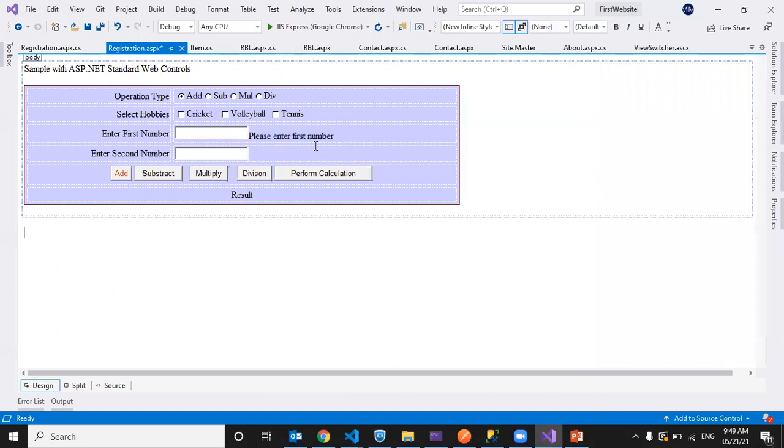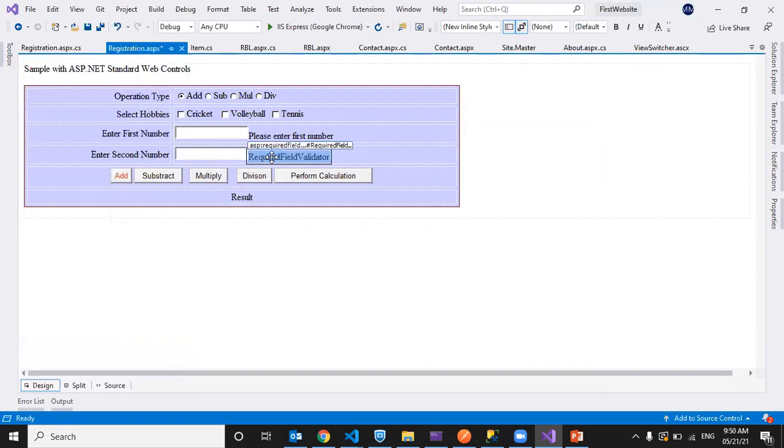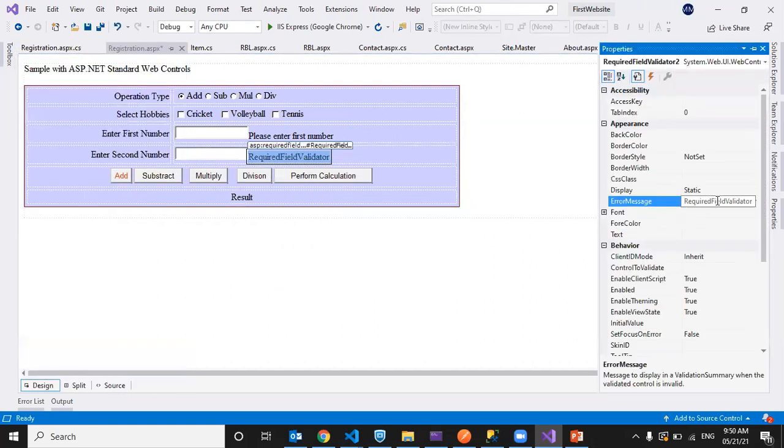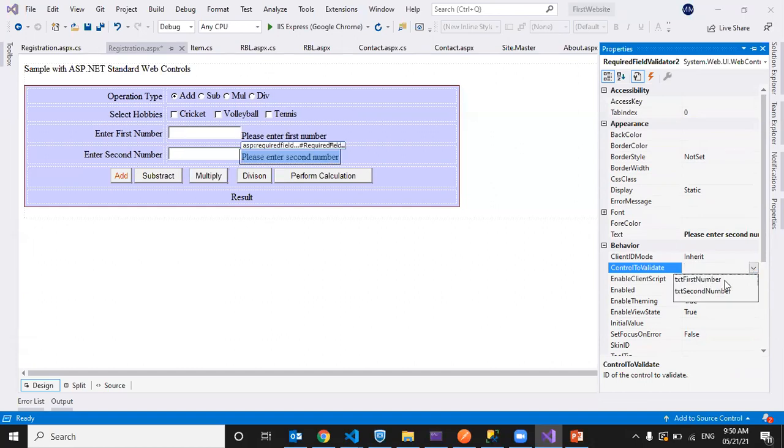Now next, I will add required field validation to the second number also. See here, I'll go to properties. I'll remove the error message and set it to: Please enter second number. Control to validate is txt second number.